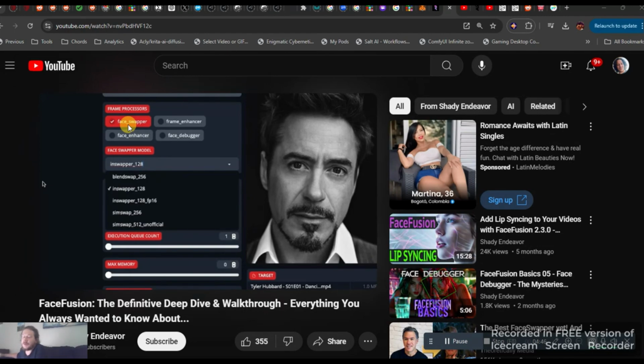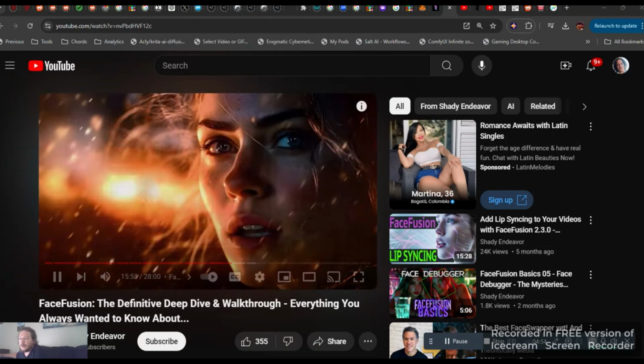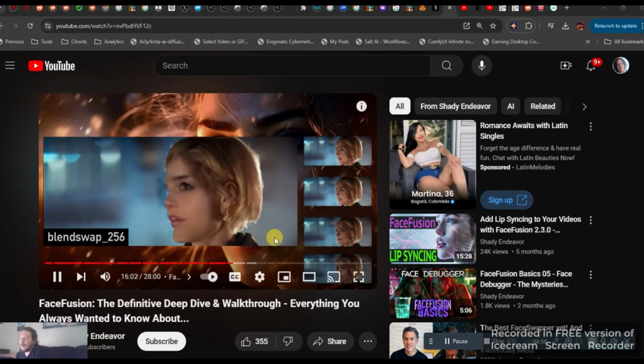I was going to let you figure out what is best on your own, but instead, I ran a test of each one to show you what they all look like with the basic settings. Here you can see that blend swap looks pretty bad, and it took